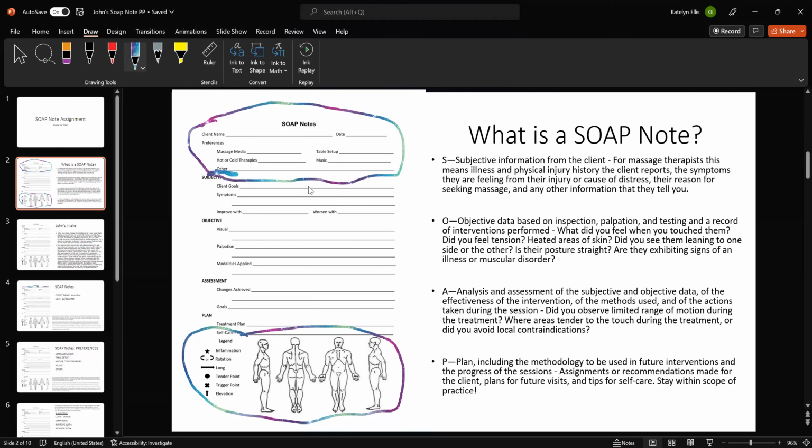I had a client who used to see me often, and I remember this to this day. This was close to 15 years ago, and they told me once they were allergic to Sombra. It's a brand of pain relieving gels that you can apply to the body. The office I worked for did not keep SOAP notes, and I was not used to writing my own. Because I was working in a medical office, they didn't want you to write your own SOAP notes and then keep them, because then you were taking information about patients out of the office,